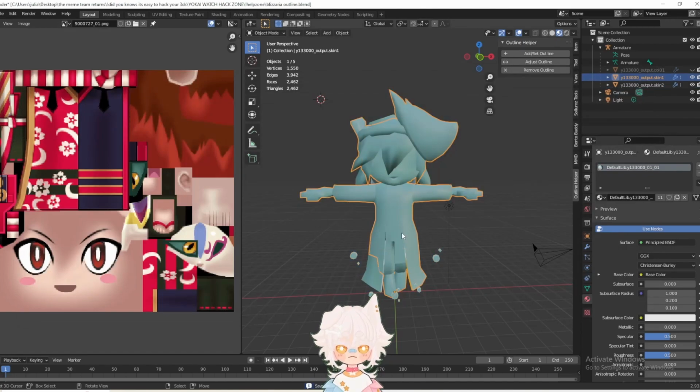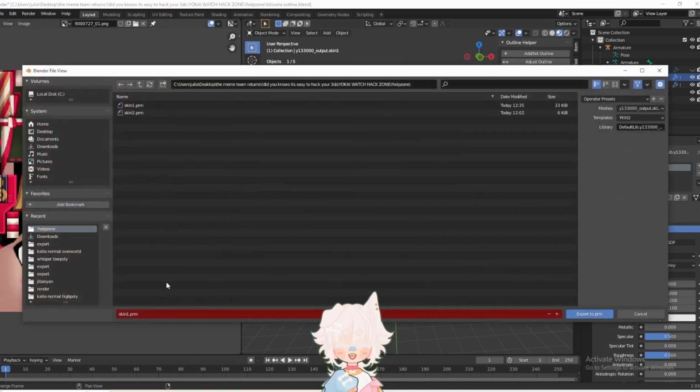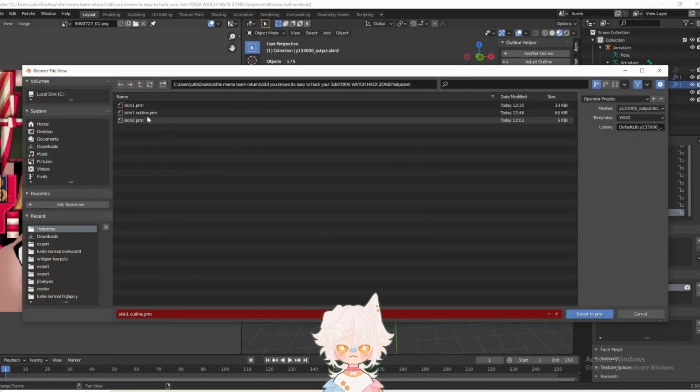Save as, okay, cool. So now we're going to select her body, and we're just going to copy this because we saved as a new file, and it may clear the name. Sometimes it does that, sometimes it doesn't. You don't actually have to select it before you export it, I just like doing that. So let's export this as a PRM, skin 1 outline, and skin 2